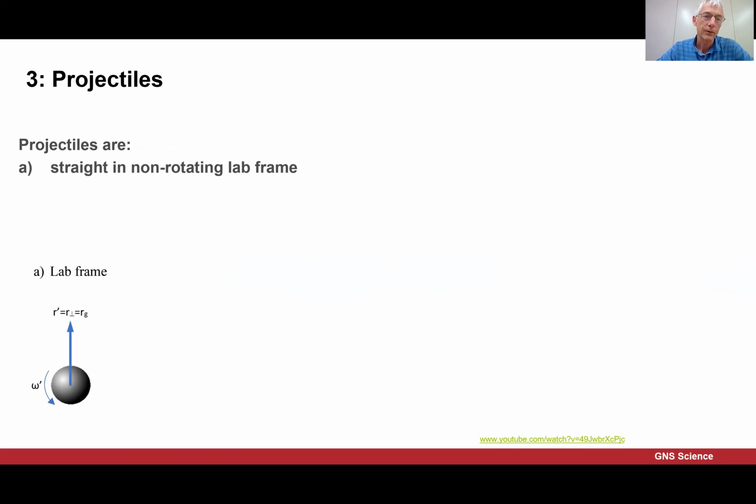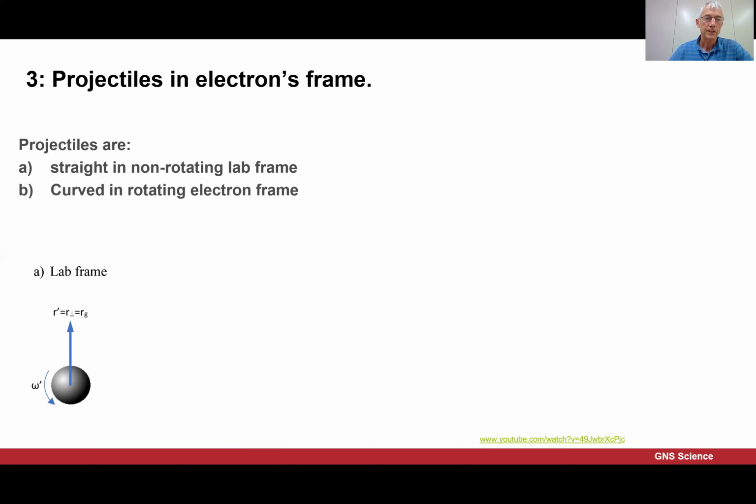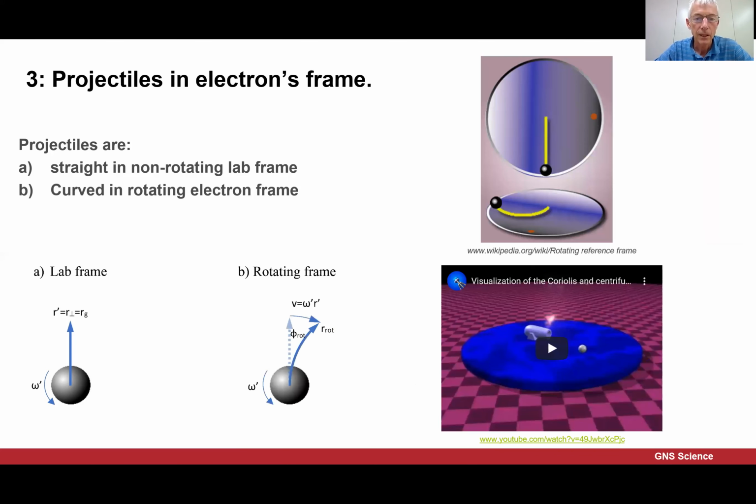And first of all, we also want to talk about what happens in the rotating frame. We know that in the lab frame of reference, projectiles will emanate with straight radial trajectories, assuming that they're not acted upon by other forces. However, in a rotating frame of reference, that's not the case. We see that they take on a curved trajectory, and that is illustrated in the top graphic there,